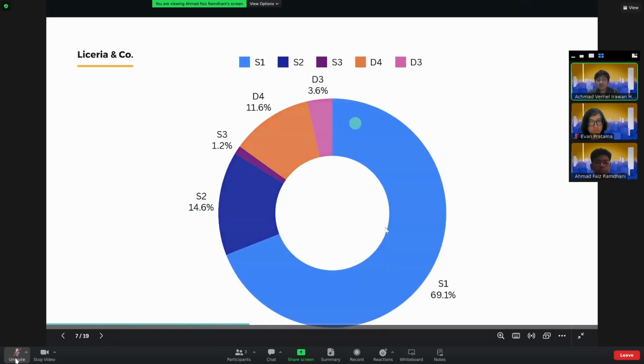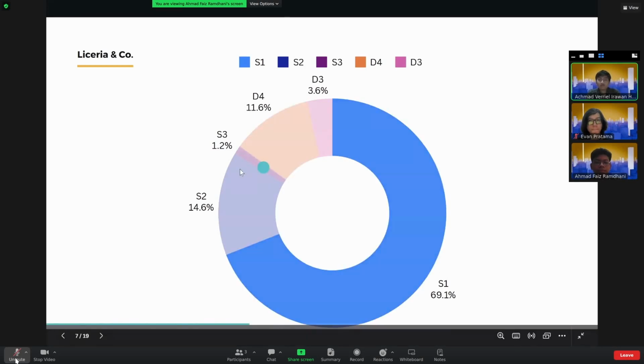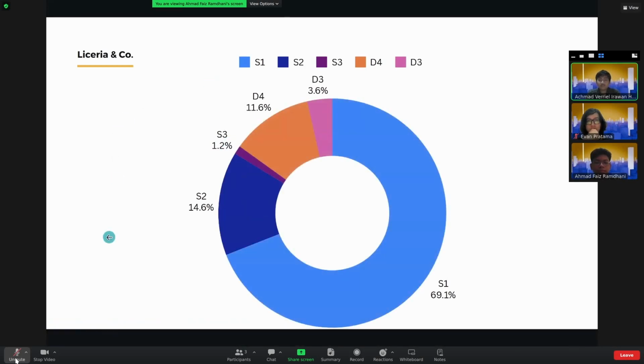So here is the improved pie graph of the study level of every student. There we have D3 and S3 study levels with details about them. And next,